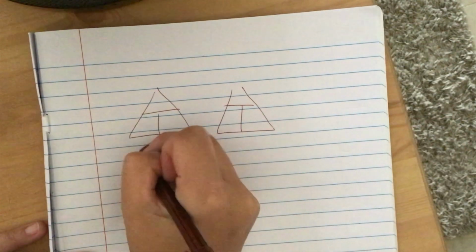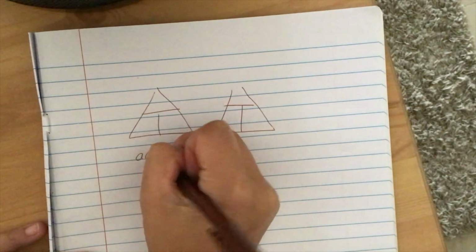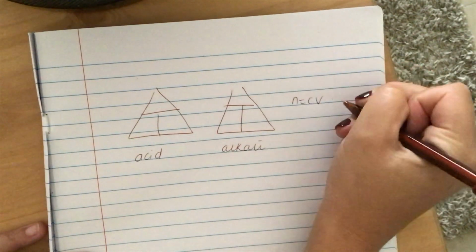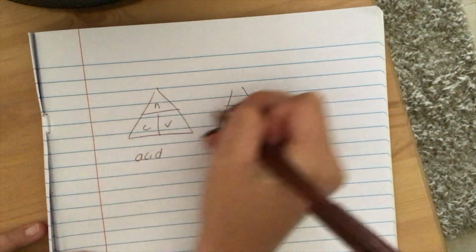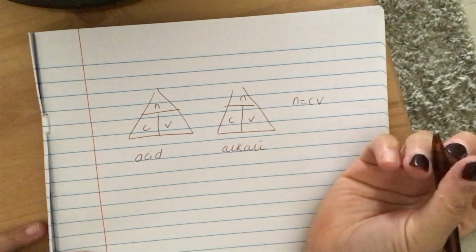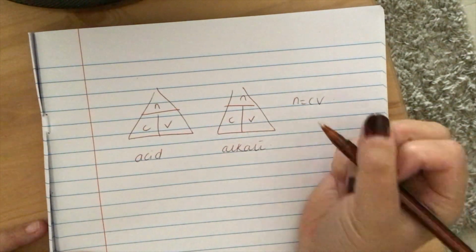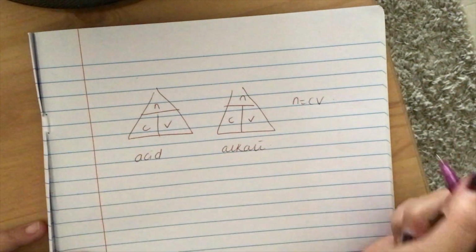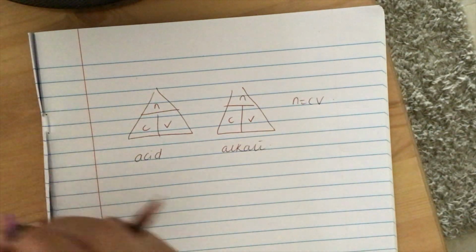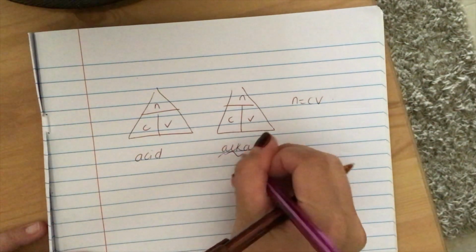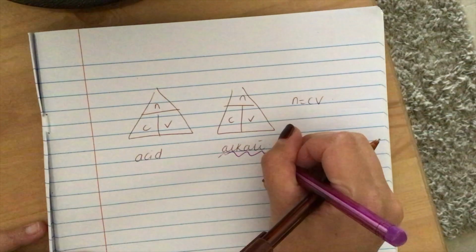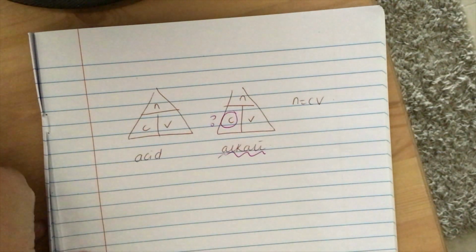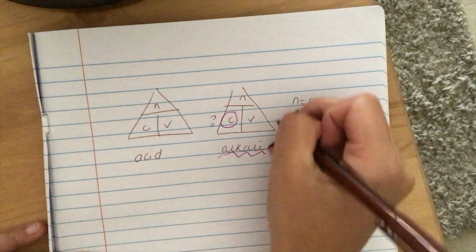One of the triangles is for the acid, and one of them is for the alkali. You know that n equals CV, so if we do n, C, V, n, C, V, then it's a case of just putting the information that you have into the triangles and trying to find the information that you don't have. So Jack carries out a titration to find the concentration of a solution of sodium hydroxide, so that's the alkali. To find the concentration, so this is the question, he measures 25 centimeters cubed of sodium hydroxide, so we have